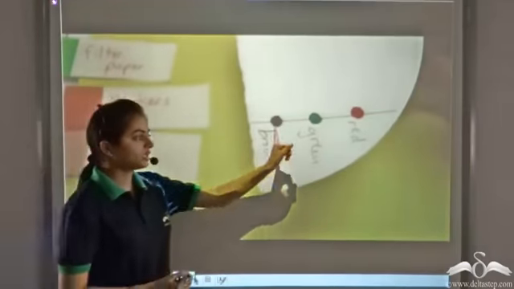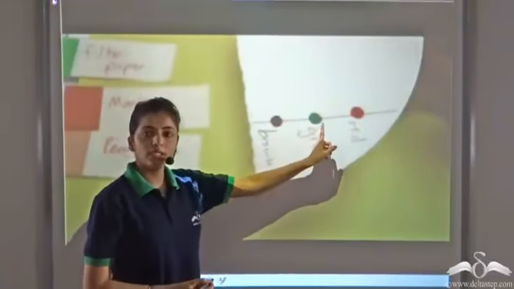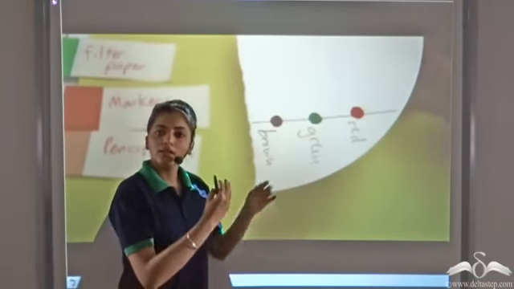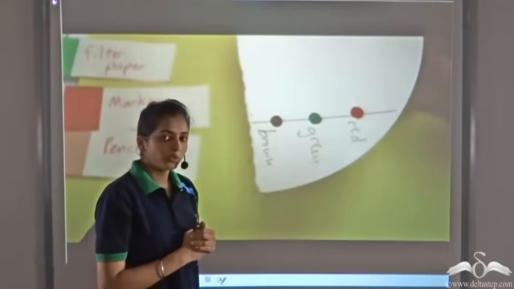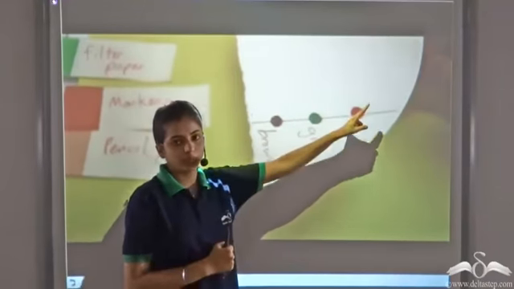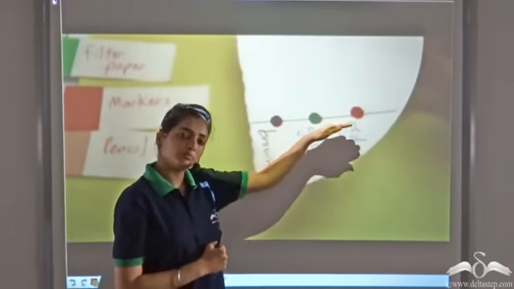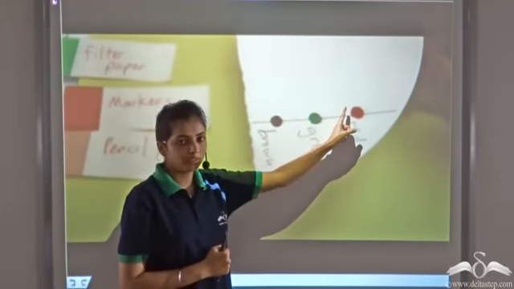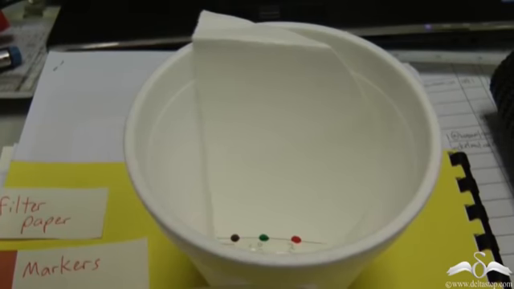So now we have three colored spots. We have brown, green and red, and we want to check if these colored inks are made up of any other color. So what do we do? We make spots of these three inks on a special filter paper. We make a line, we put them on the same level. These three colored spots we mark on a special filter paper. You dip it in the solvent, and now we'll take a time lapse which is 30 times faster. This means the actual process is 30 times slower than what we are going to see now.